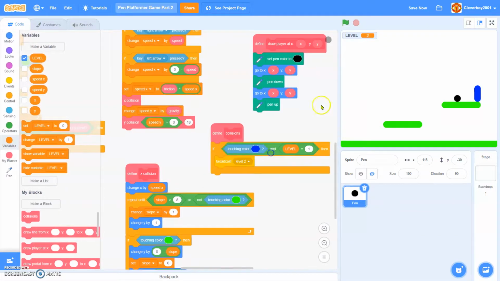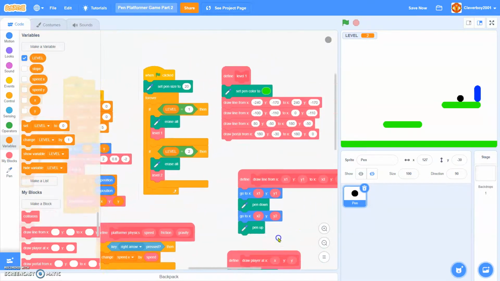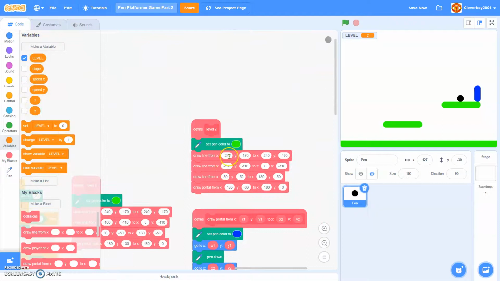Okay, that's enough. Test that again and it surely works. Whenever it is level 2, you can't do anything. Okay, nice. Now I'll just make the level 2 and